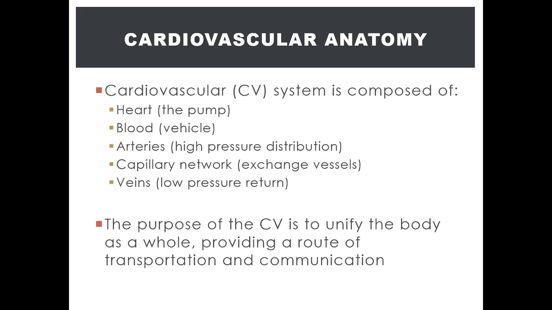And the reason why the arteries have smooth muscle to produce vasoconstriction and vasodilation is to produce pressure gradients so that blood can flow and be effectively distributed to the rest of the body. As I said, we will discuss this further later in much more detail. But we should generally understand that fluids flow from high to low pressure. So wherever the arteries are constricted, there is high pressure, and where it's dilated, there is low pressure. So the blood will flow from where it's constricted to where it's dilated.